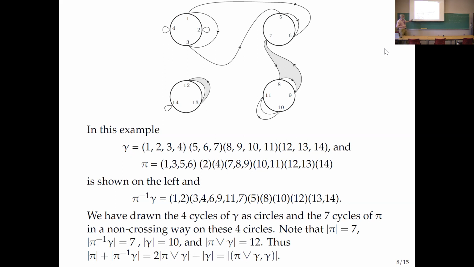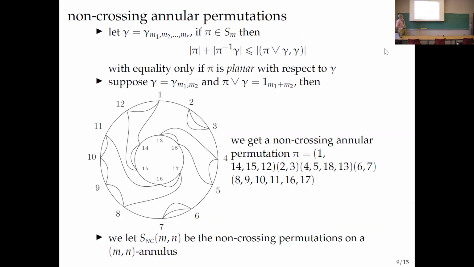Okay, and here I just went through the calculation, showed that this is a planar object. So those are the genus 0 things, the ones where you can draw it on a sphere. You don't need any handles to make it non-crossing. Okay, so I'm going to come back and talk about second order things now.